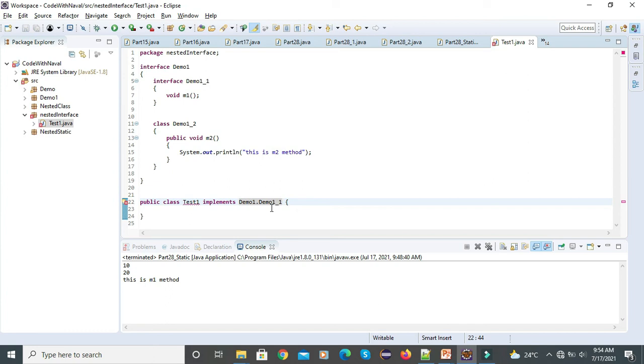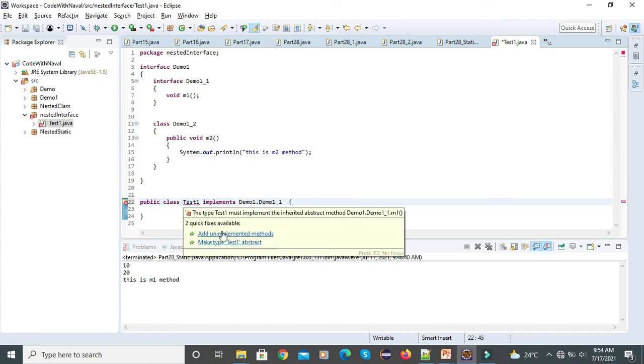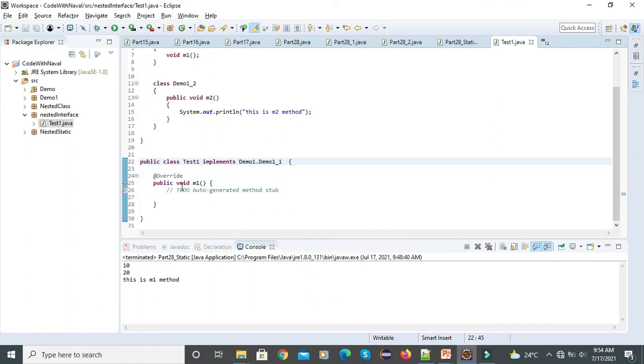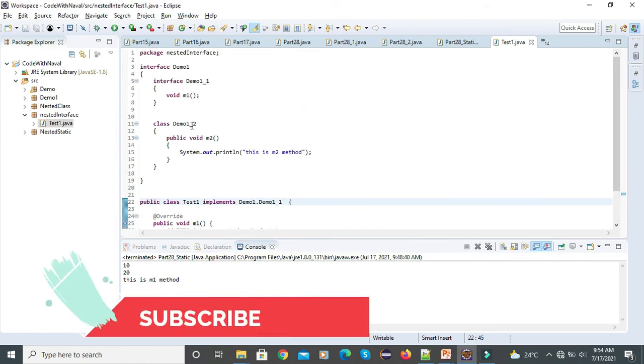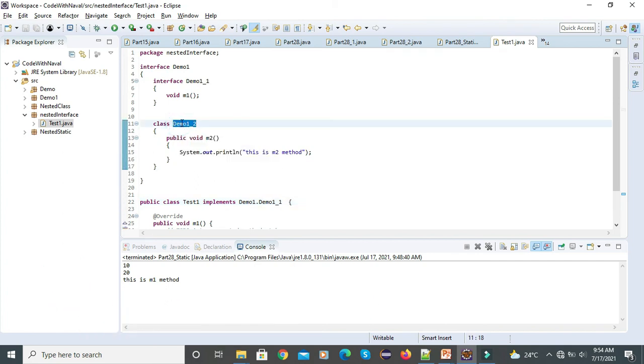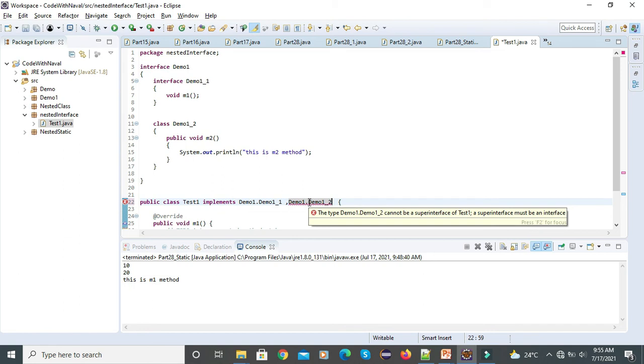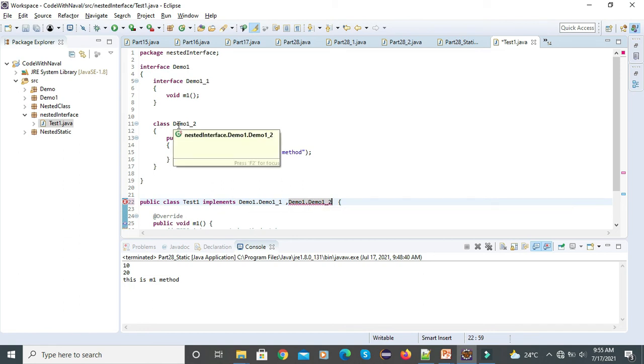This is the implementation. Now let's override the unimplemented method. You can see here we got the m1 method. Now I want to extend this class, which is present inside the interface. We can't access it directly. You can see here I'll try demo1.2, and it's throwing an error because we are targeting a class, not an interface.